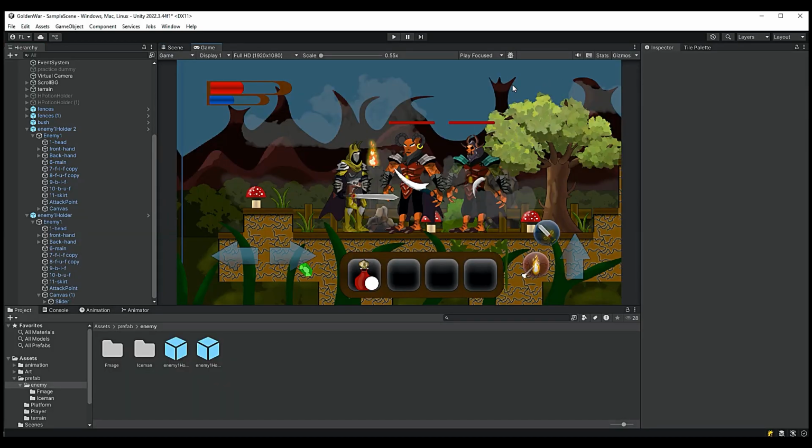They have a health bar here. Methods in another course, so you'll be familiar with possible